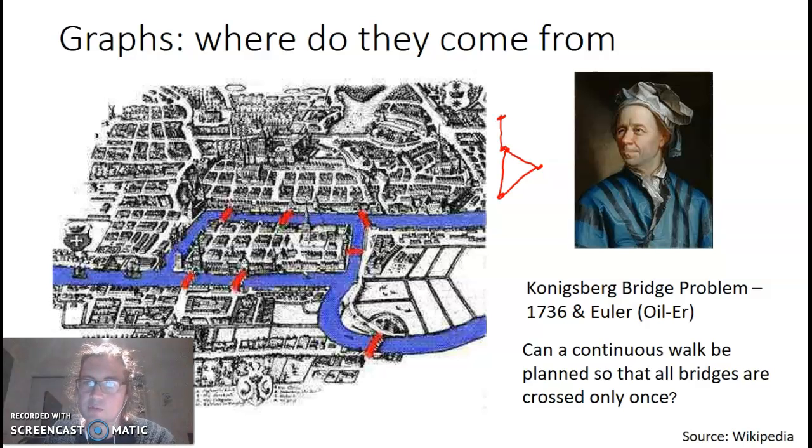But this all came about from this guy here, Euler, and the Konigsberg bridge problem. And Euler thought to himself, in this little city of Konigsberg, you can see the red things are bridges. And he asked the question, can you continuously go on a walk? So if you say you start here, and you go over this bridge here, and then over that bridge there, and back over this, can you cross all the bridges only once without going over another bridge? And the answer is no, and we'll find out why that is in the future, but that's turned out to have